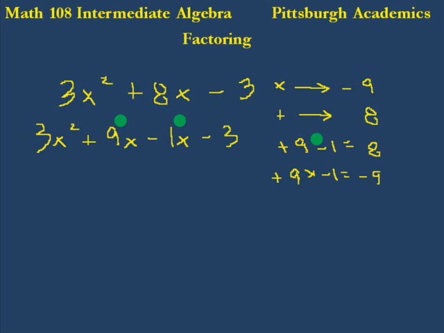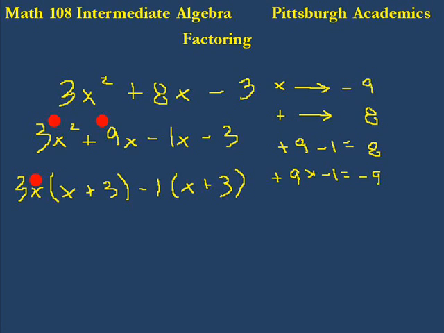Now again, we're going to do the factoring by grouping. You just take out from the first half and then take out from the second half. Now here is a little bit of the trickier part. In the front, the 3x comes out, leaving an x plus 3. And if you want to check and make sure, 3x times x is 3x squared, and 3x times 3